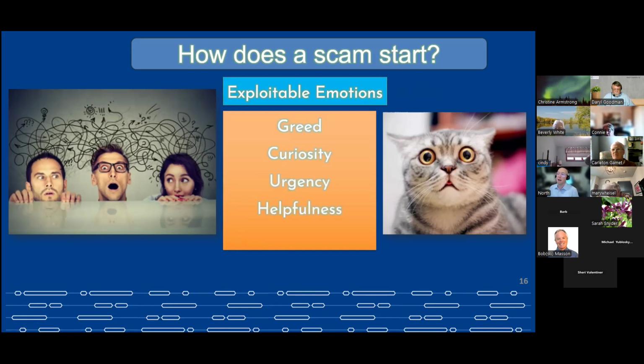I can't tell you how many times in my testing I can leverage somebody just wanting to be helpful. That allows me, as a good guy attacker, to exploit a system because they're simply trying to be helpful. And then the fourth one is fear. That's you mix fear and curiosity. That is a powerful, powerful tool.